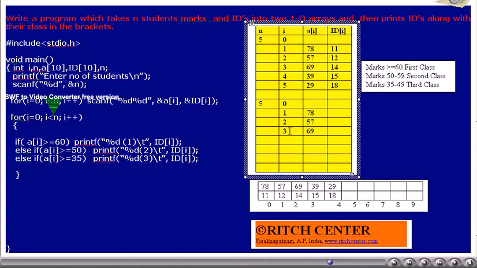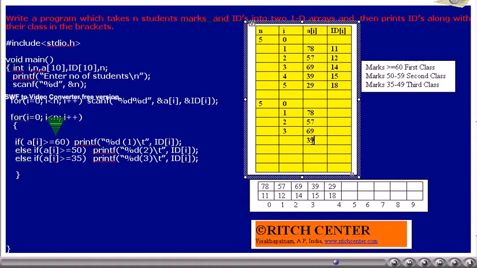Again, for condition will be tested. I, is it less than n? That is 3. Is it less than 5? Yes. Thus, the loop is going to get executed once more. Currently, I value is 3. A of I, that is 39. 39, is it greater than or equal to 60?